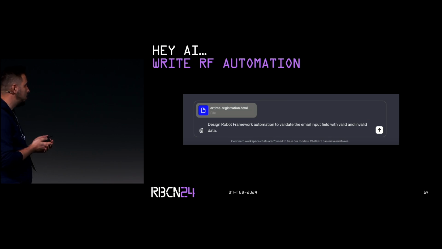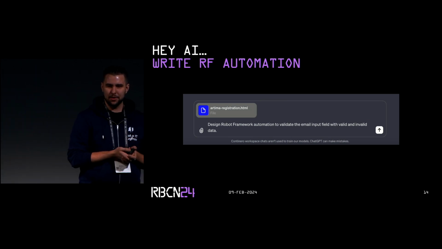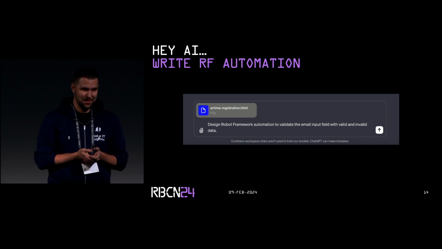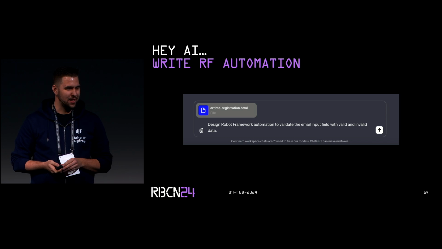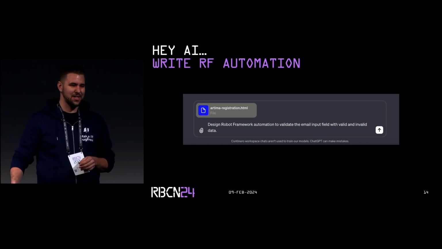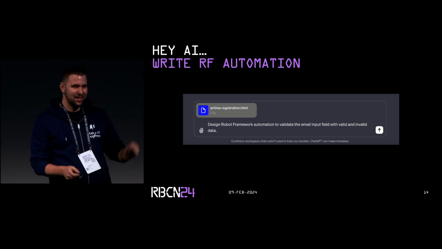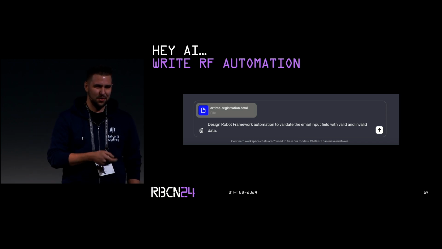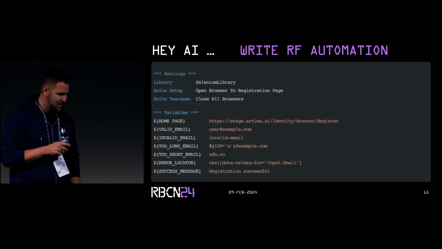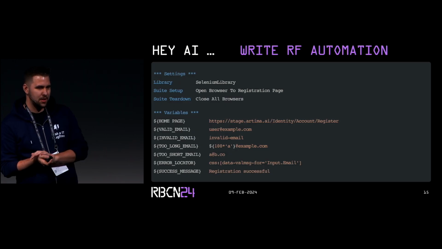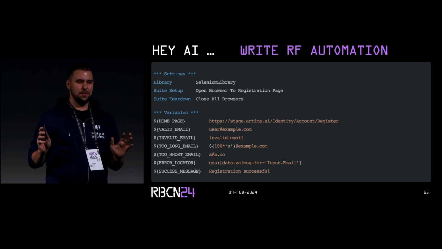And now, what can I do next? Well, I want to create an automation test. So what do I do? I download the HTML page with all those tags, with all those locators in, and I give it to ChatGPT, hey, let's create a Robot Framework test with all those locators. And let's see what it will give us. So we have a basic structure. We are using the Selenium library. Sorry, Browser library, but yeah,